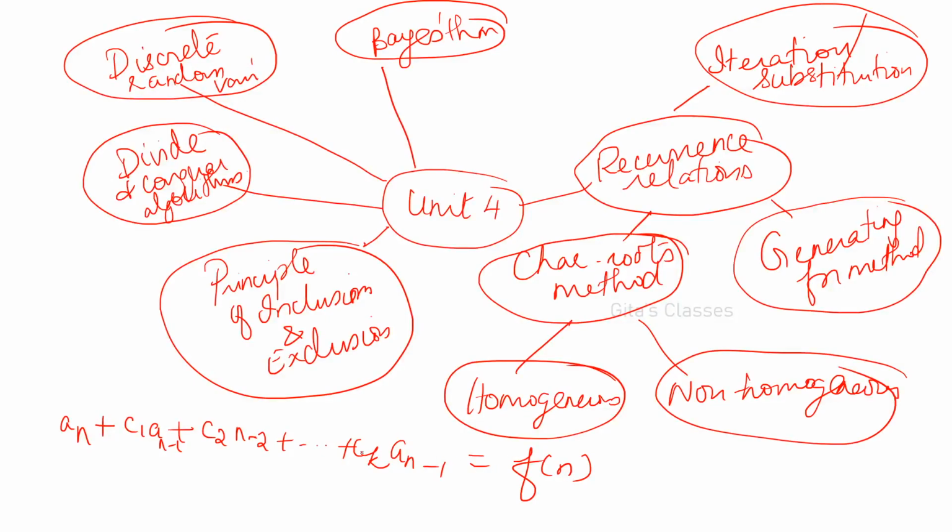For homogeneous, you will have only one solution, that is the homogeneous solution. For non-homogeneous, you have to find two solutions. One is homogeneous, assuming the right hand side is 0. You have to find this an homogeneous relation solution, and for the particular solution, depending on the right hand side function, we have seen different methods of how to assume the solution and solve for the values. You have to find the constants. Let us see some examples of each one. And another one is divide and conquer algorithm. You can expect the algorithm I have explained.